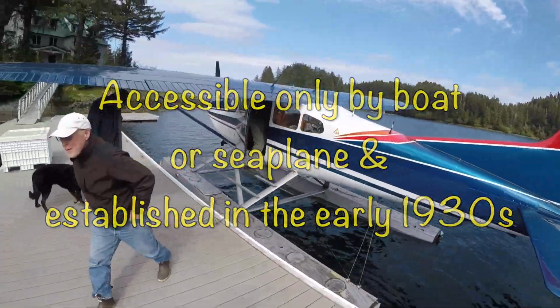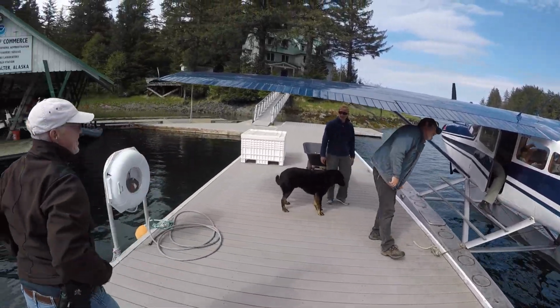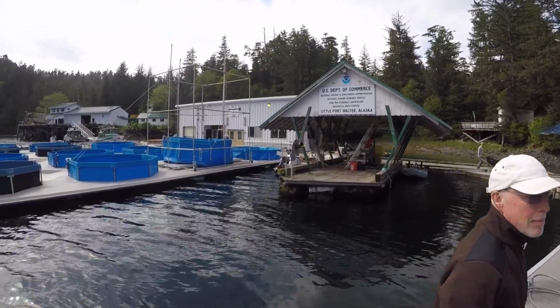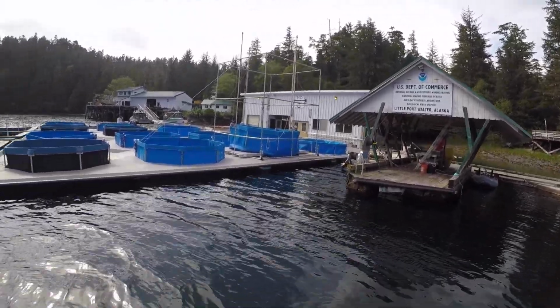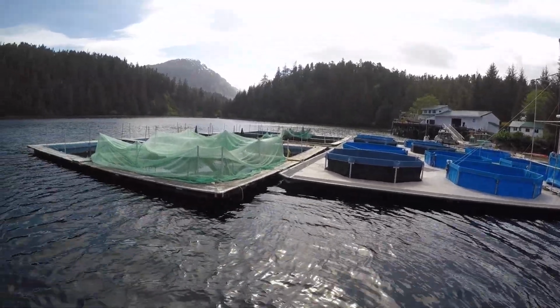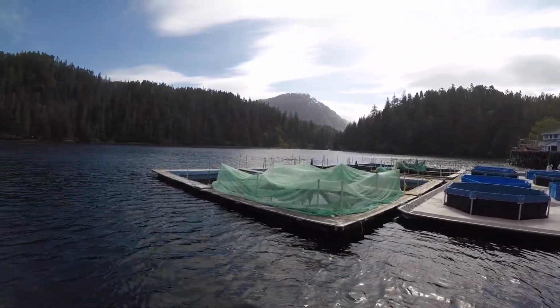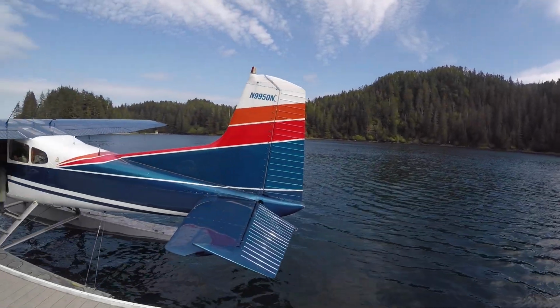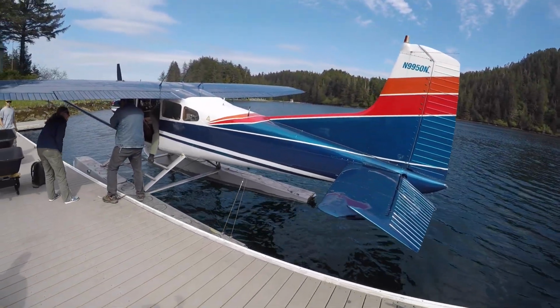Just landed. This is Little Port Walter in Alaska Fish Hatchery and Research Station. Backdrop of the mountains. What a great trip. Took us about an hour to get here from